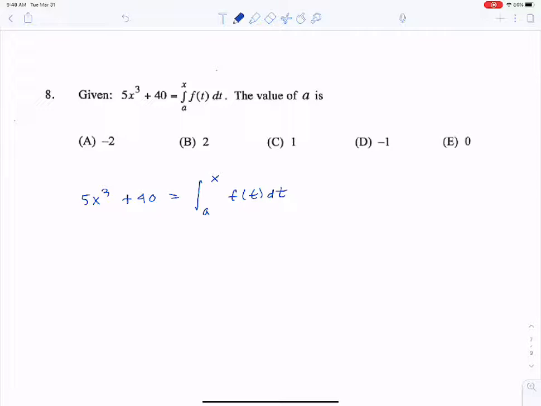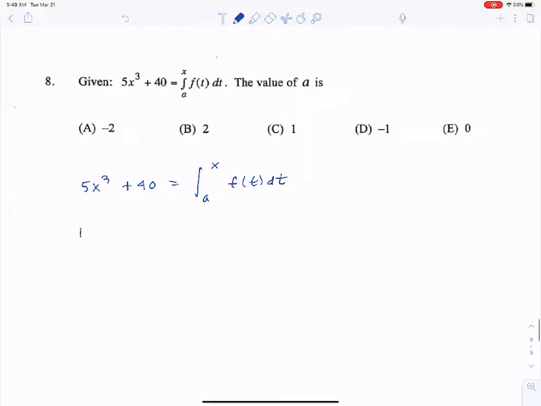So what I'm going to do is play around with this a little bit, and hopefully you'll see why in a minute. This is definitely one of those problems that students would probably miss. It's maybe a little bit harder. So I'm going to take the derivative of both sides. If I take the derivative of the left-hand side, I get 15x squared equals